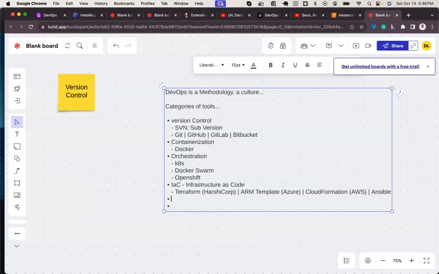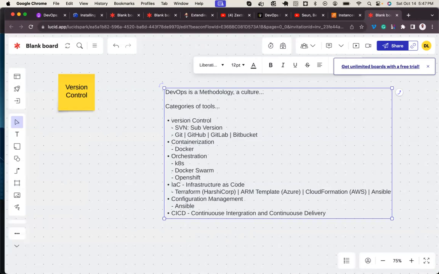So we are coming to configuration management. This is where Ansible comes into the picture. Ansible is designed as a configuration manager. Then we have CI/CD, which is continuous integration and continuous delivery.